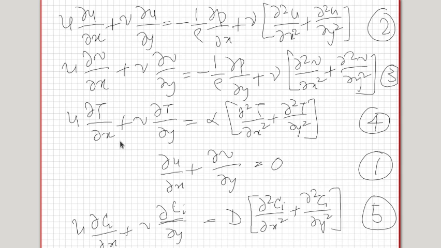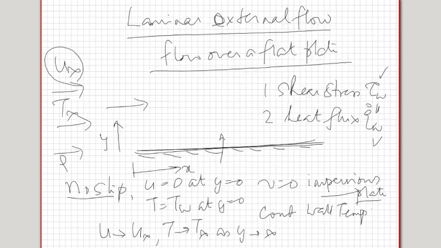We'll also need to see whether these equations can be simplified any further, meaning whether any terms already present in these equations can be neglected. In order to do that, I will go through what is called an order of magnitude analysis, which will tell us, just by quickly estimating the order of magnitude of the various terms from the understanding of the physics of the problem, the form of the expressions that we will get for the shear stress and for the heat flux. So let's go to that and find out.